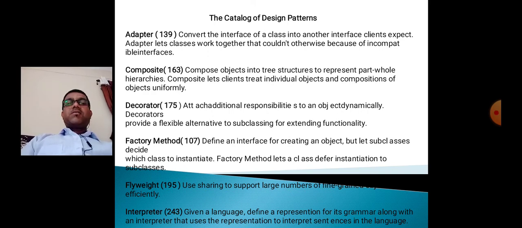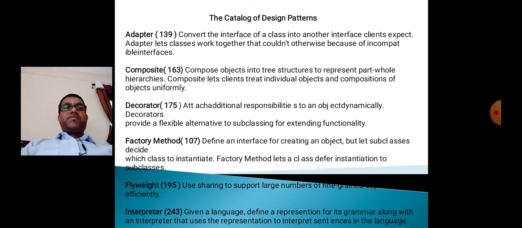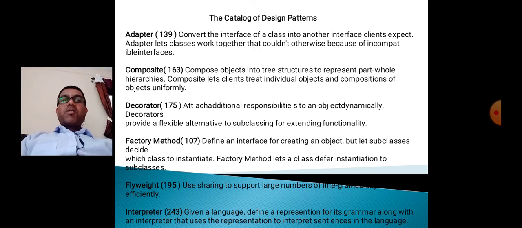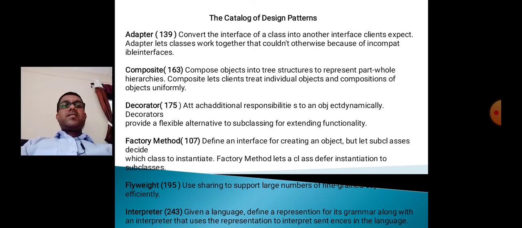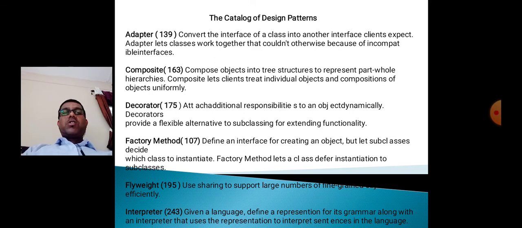Then the next catalog, decorator, 175, attaches additional responsibilities to an object dynamically. Decorators provide a flexible alternative to subclassing for extending functionality.